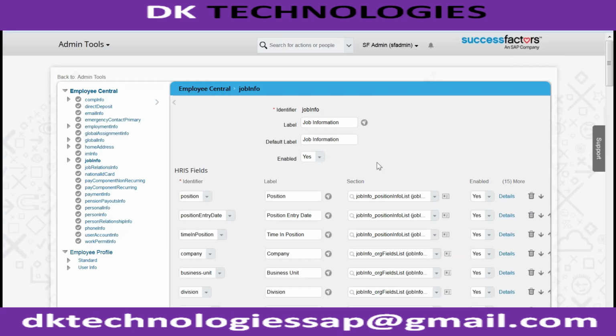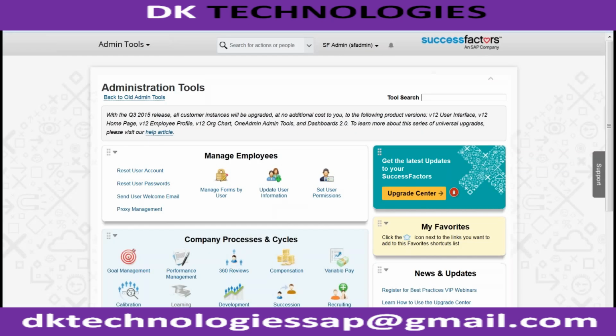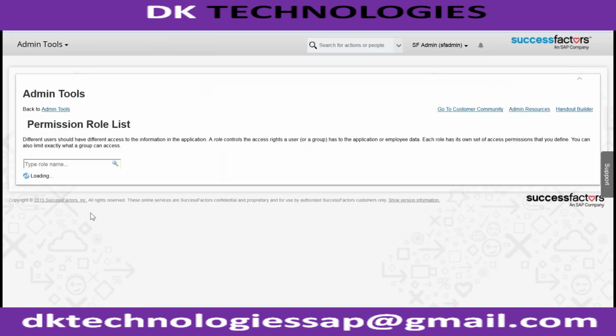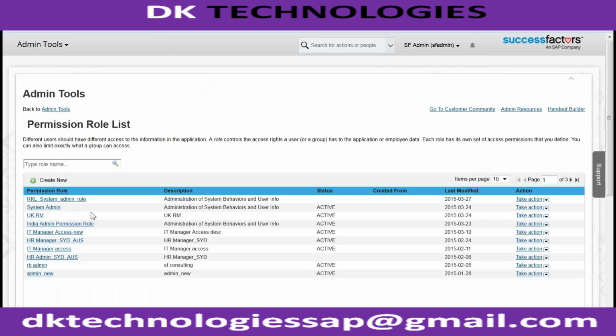So this is what I did, right? I added a custom field and I want to show it on the job information screen. So I'm done with respect to my configuration, guys. Let me go here, and I have to provide the access to this particular field, right? So you configure the field and you have to provide the access to this particular field. Okay, and the place where you are going to grant access to this field is, go to your permissions, manage permission roles,